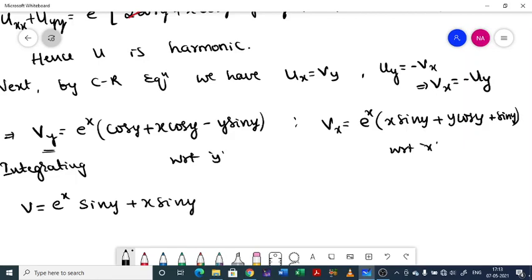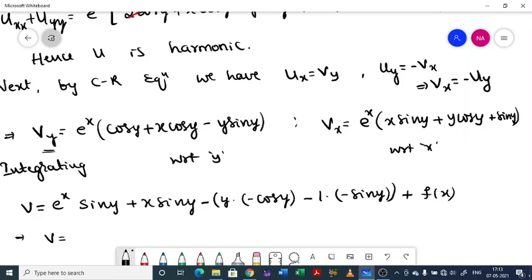Here we need to apply integration by parts. Minus of first function y into integral of sin y, that is minus cos y, minus derivative of first function, that is 1 into integral of second function minus sin y. So we will be getting plus, here we have done with respect to y, so it will be f of x. So v equal to e power x times